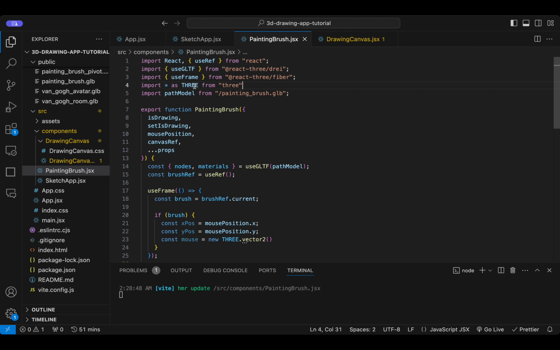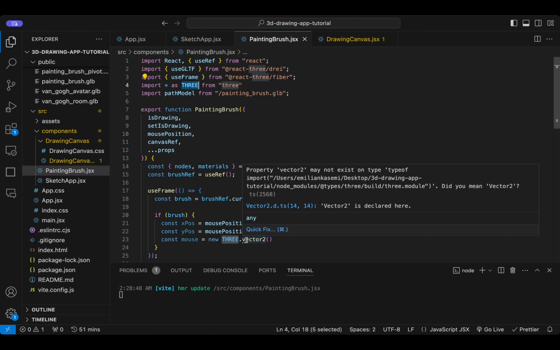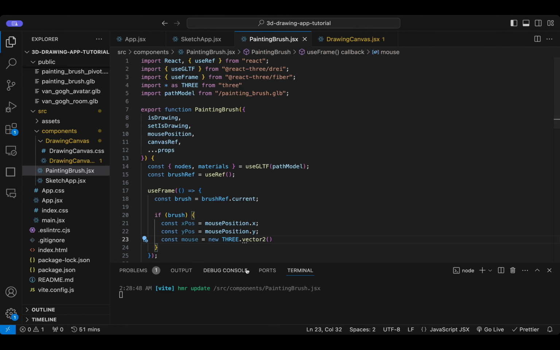Okay, and here you can use this THREE object. You see, it may not exist. Uppercase, yes, it's uppercase. Okay. Or to make it better for the bundle size, you can just grab this Vector2, not the whole object of THREE. To do that, you can just get this Vector2. For example, here,